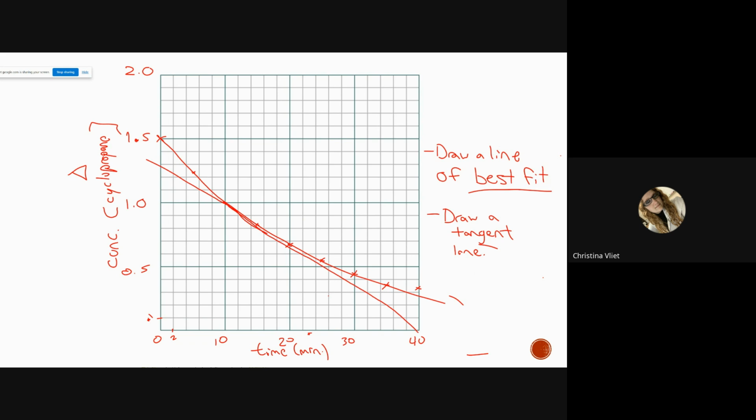All right, so now what do you do? You find where the tangent line intersects on the y-axis and where the tangent line intersects on the x-axis, on both axes, the y and the x. You find these points. They're going to be a little bit different for all of us. And Cambridge allows for some room for error. But you find these two coordinates. Mine are